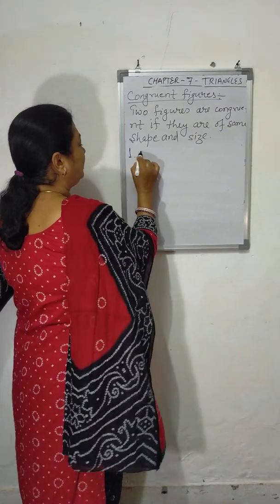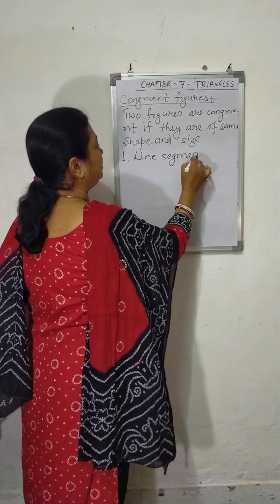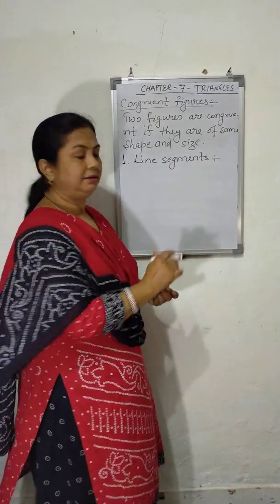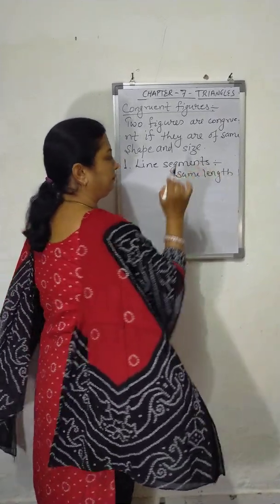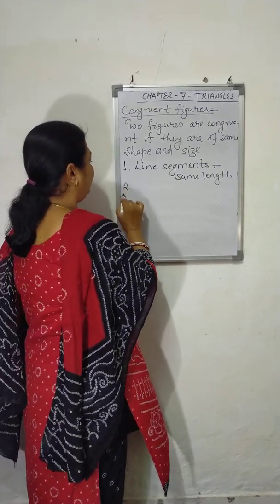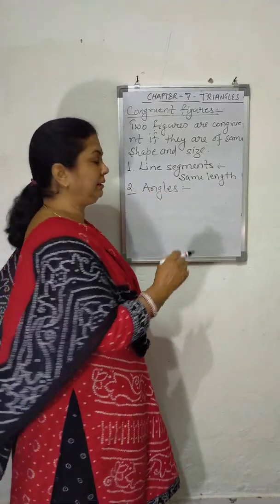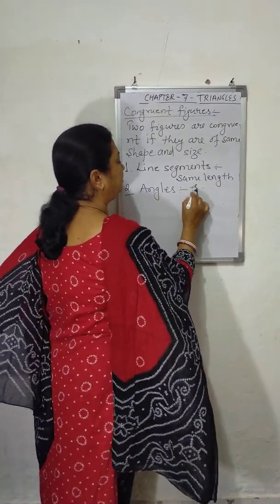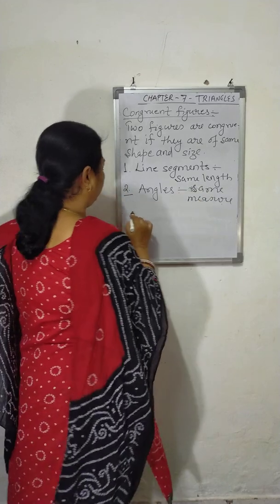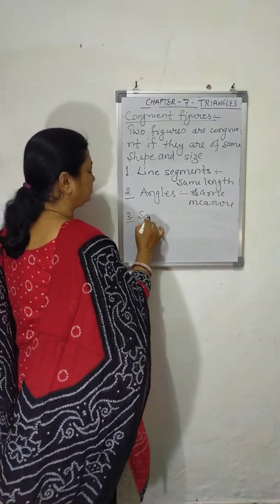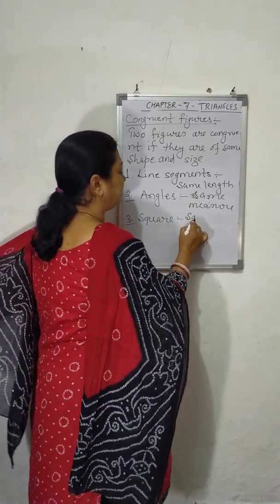So if we are talking about the congruency of two line segments, they are said to be congruent when they have the same length, right? Then if we are talking about the congruency of two angles, they will be congruent when they are of the same measure. Next, two squares will be congruent when they have the same side,